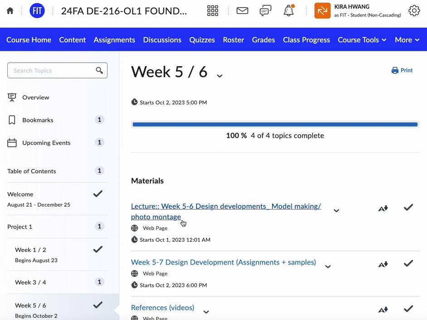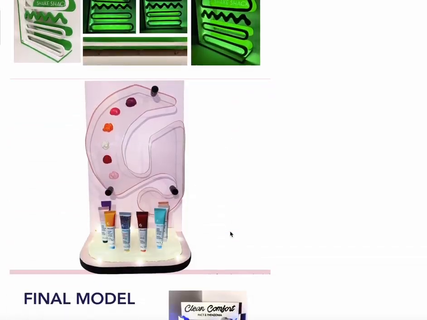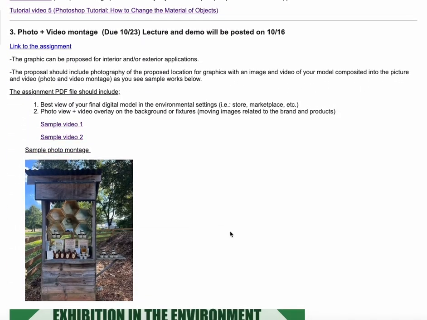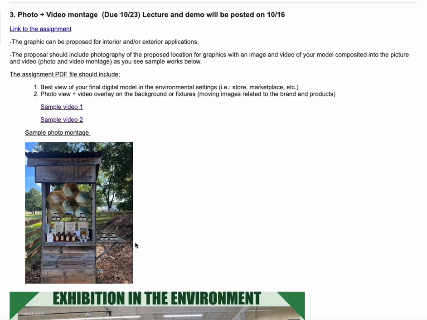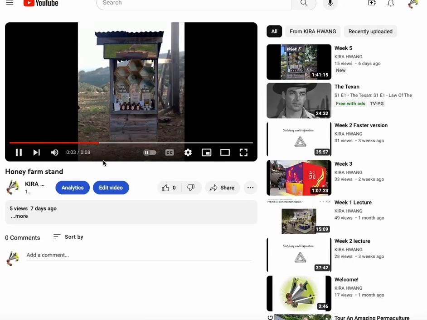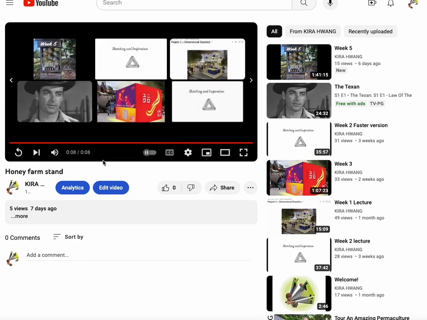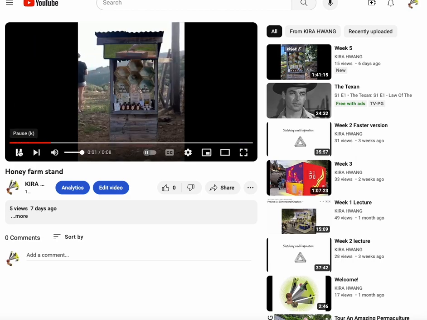Move back to the content of week 5. As I mentioned in the last lecture, at the end of your project, I want to see your display fixtures embedded into an environmental setting, like a retail store or market, etc. And as I showed you this video, I made this short video clip, with my display fixture embedded onto this moving short video clip.